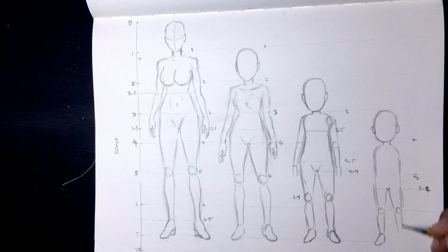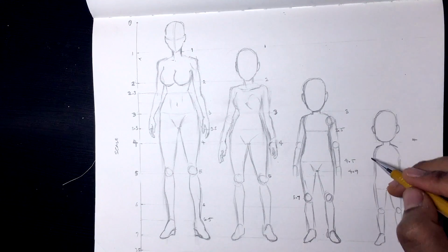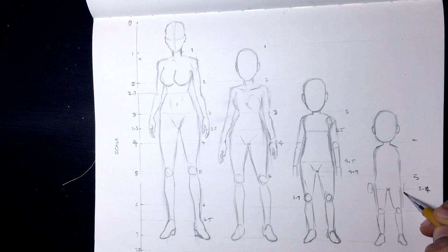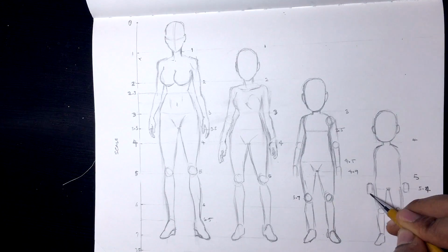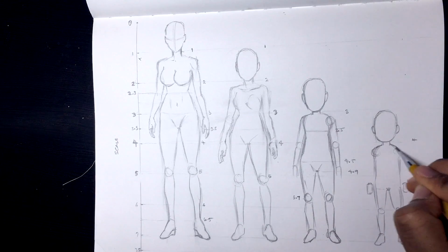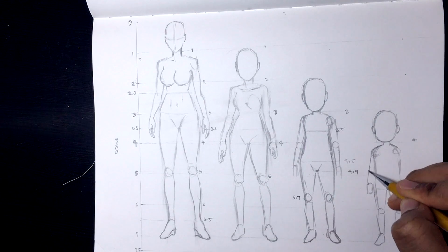Especially if you're going for a more realistic feel. Babies will have a head a little smaller, and their bodies are almost like 2 heads. Right? It's almost like 2 inches of stuff. So the way you drew the head, that's 1 inch. The rest of the body is almost just 1 inch. Again, it depends on what you're going for. Maybe 1.5, maybe. And the body is a little more fleshy, and the arms are bent, but we're not drawing